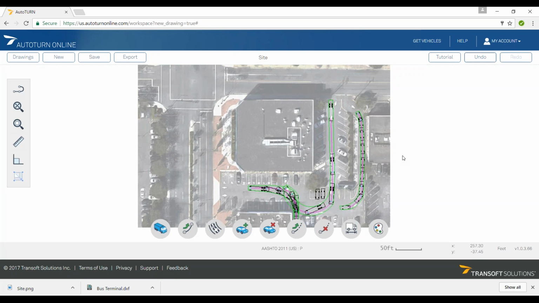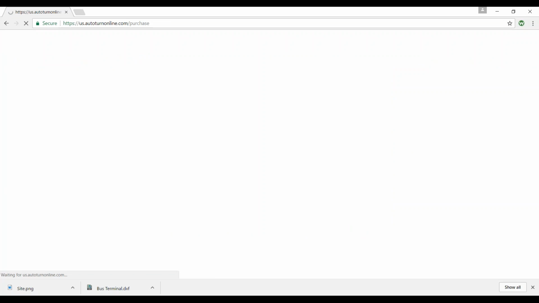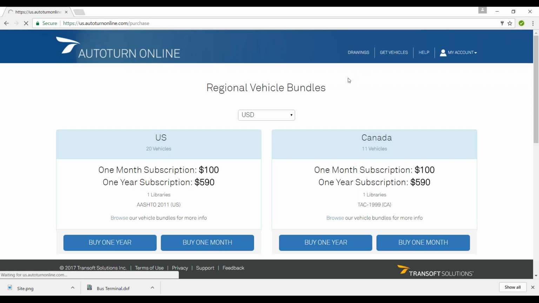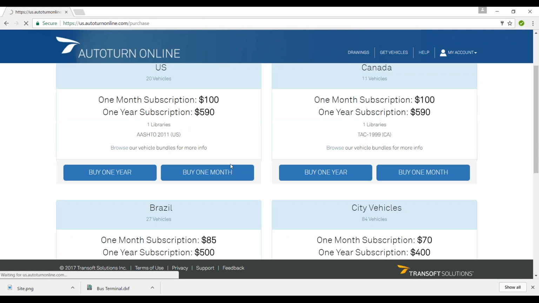Now, in regards to the libraries, as I mentioned, there are many libraries available in the case of North America. This is what's available for you. It works on a subscription or yearly basis. We have AASHTO 2011, TAC 1999,